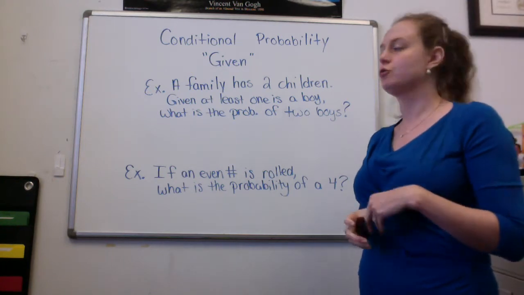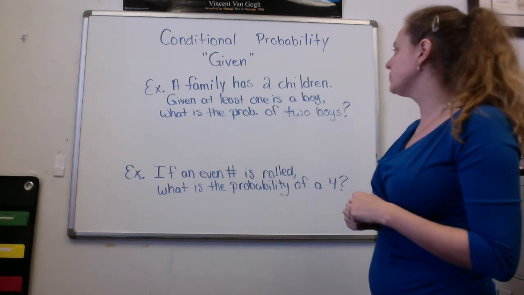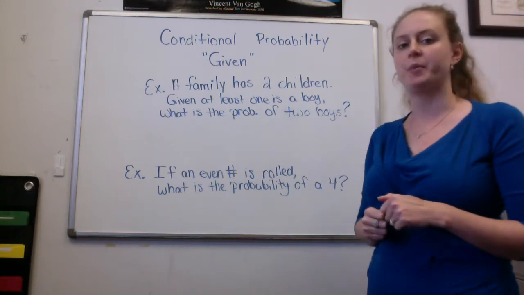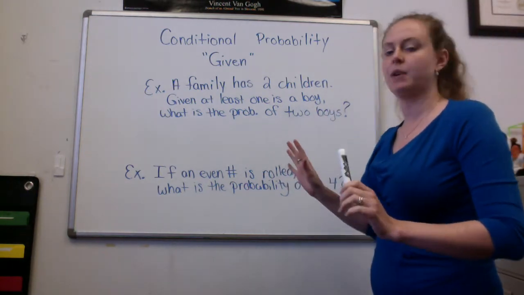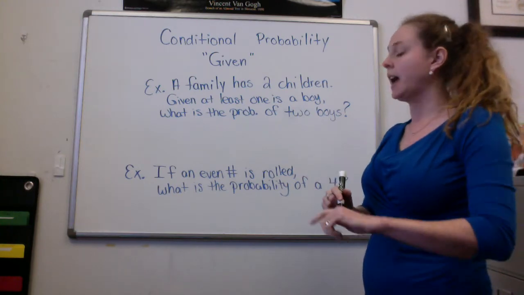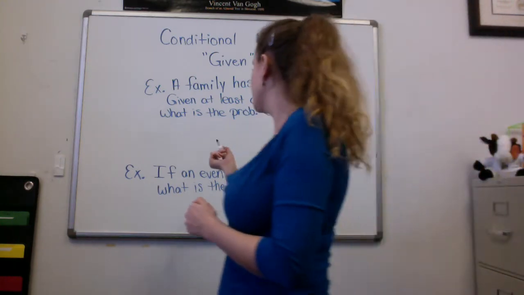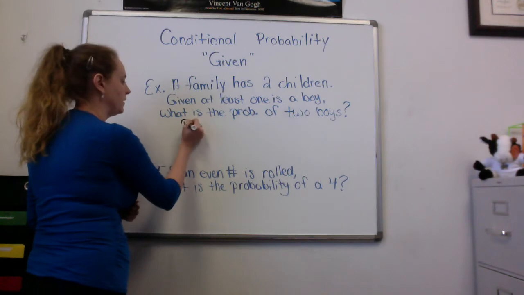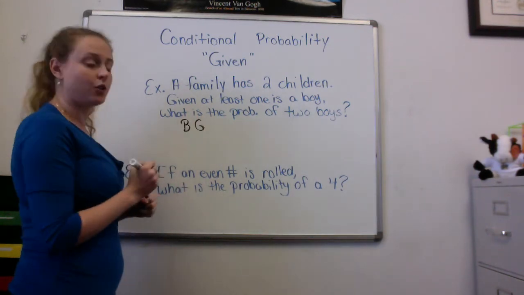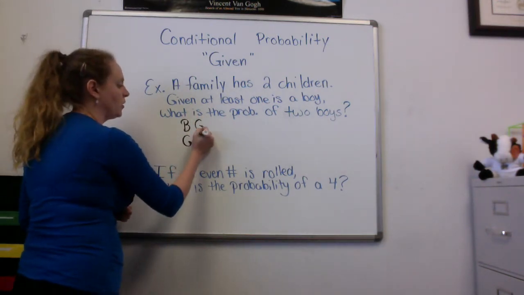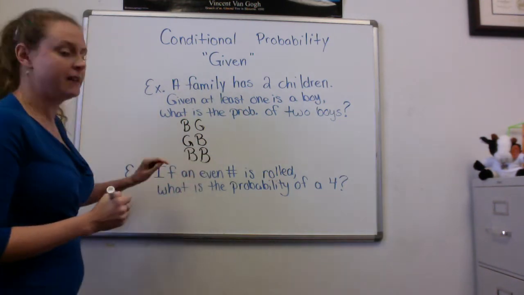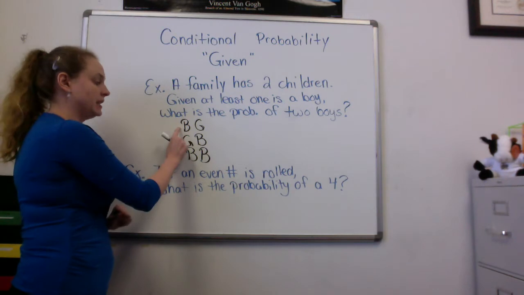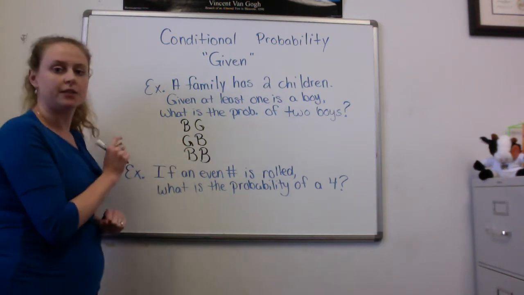A family has 2 children. Given at least one is a boy, what is the probability of 2 boys? So first, I want to list out what I have going on. I have 2 children and 1 boy. So I could have a boy, girl, girl, boy, or boy, boy. And these two are different. This one means the youngest one's a boy, and this one means the youngest one's a girl, which can make